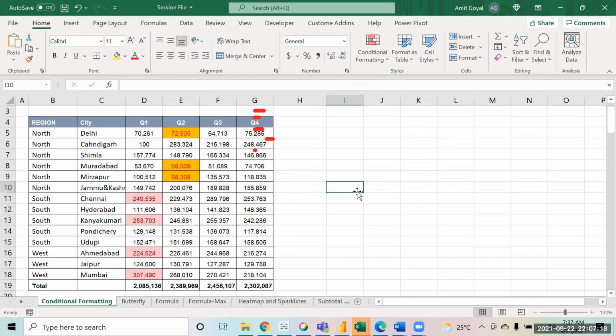Can you show it again, please? So you select the data, Control Shift down arrow.